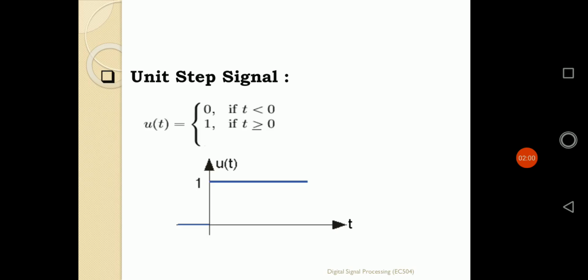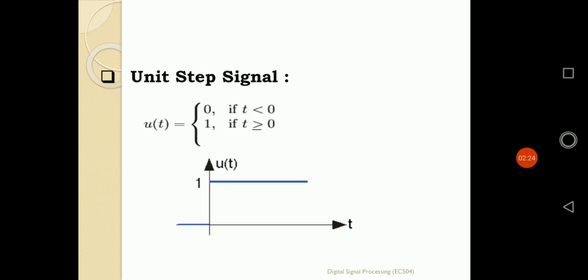Now go to our next signal, that is unit step signal. A step means suppose we are continuing with an amplitude of a certain level a, and at a certain point t equals t1, we step that signal from a to the b amplitude. That is the concept of the step signal. Here it is unit step signal.